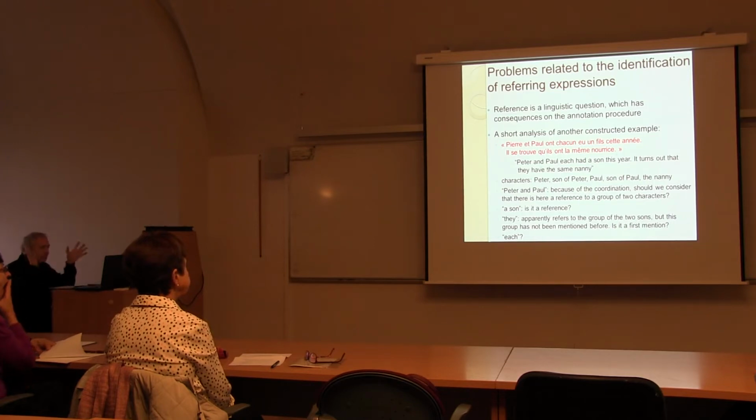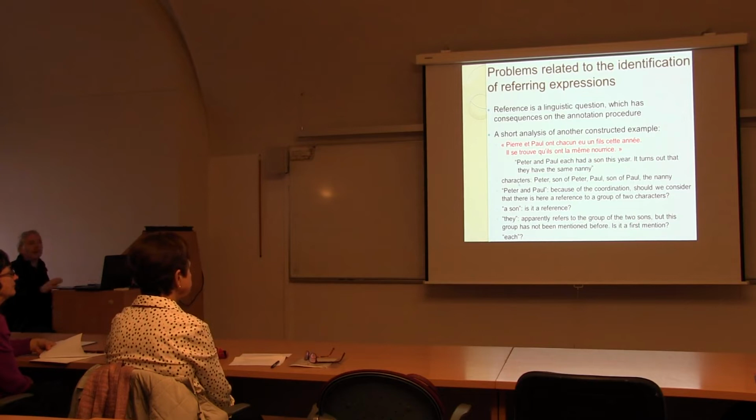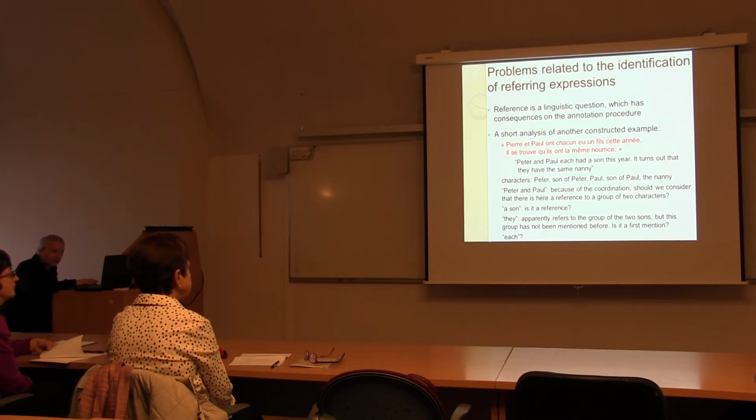So, my English is not very good, but: Peter and Paul each had a son this year. It turns out that they have the same nanny. So here we can identify a set of referents. There is Peter, there is the son of Peter, there is Paul, there is the son of Paul, and the nanny. But the expressions do not